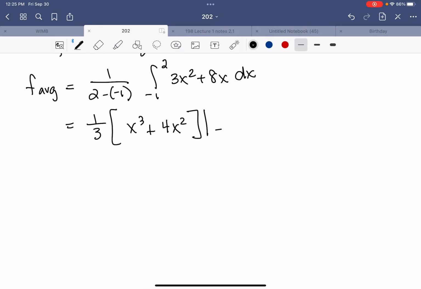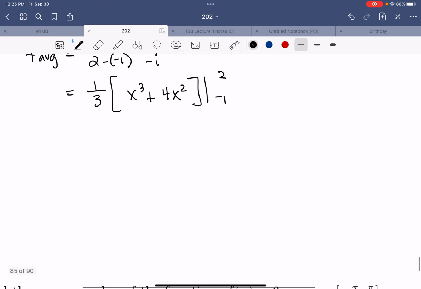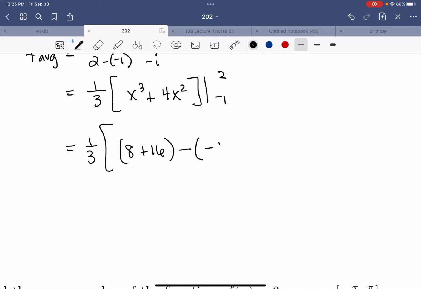And we're evaluating that from -1 to 2. So I keep my 1/3 out front. When I plug in 2, that gives me 8 plus 2 squared is 4. 4 times 4 is 16. Minus, when you plug in -1, that's -1 and plus 4. So that's 1/3. And this is 24